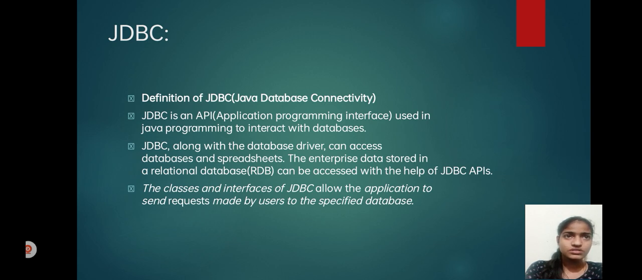So in general, JDBC data is stored in the form of a relational database. Relational database in the sense of tables, which is rows and columns. The data is stored in the form of rows and columns, which can be accessed, which can be retrieved at any time by using the JDBC API, which will be connected to Java and to the database. It is the connectivity between the Java program and database to execute the specific query which is in the relational